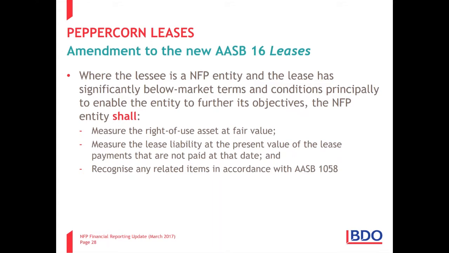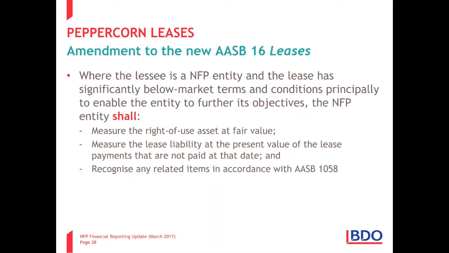Then in step 2, you're going to measure the lease liability at the present value of whatever you have to pay. So what do you have to pay in future? Let's say $30. I'm not doing net present value for my example. And I'm saying I credit a liability of $30. So I've got an asset of $30 million, I've got a liability of $30. What do I do with the difference? On day 1, I then have to look at AASB 1058 and consider where that credit goes.